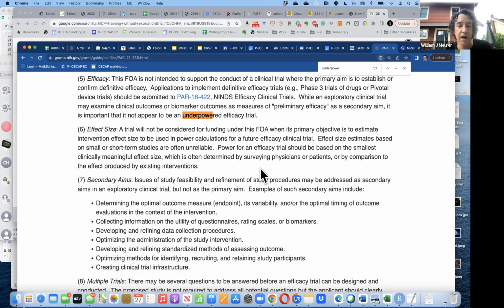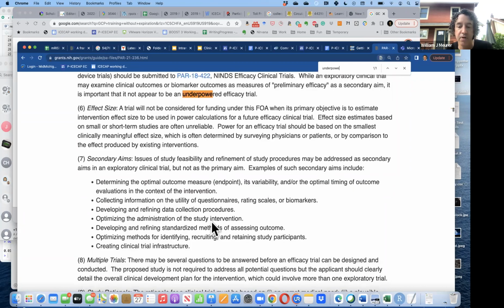So this FOA gives some of the thinking of NINDS, but also the thinking of leaders in the field in terms of how to design neurologic trials. And again, how much variability there is in your outcome measure or endpoint, and what is the optimal timing to see an effect of an intervention. These are potentially important things to try to learn about in an exploratory study, or a clinical trial that is prior to